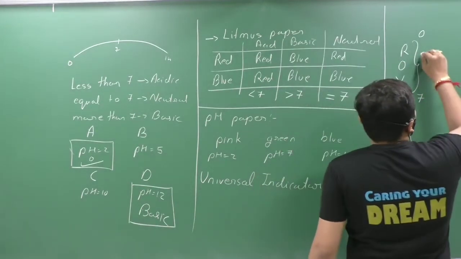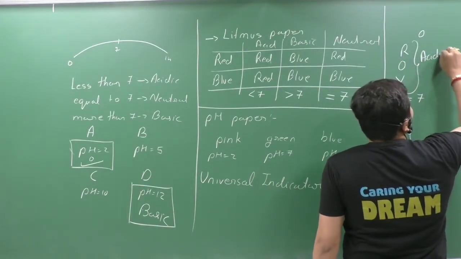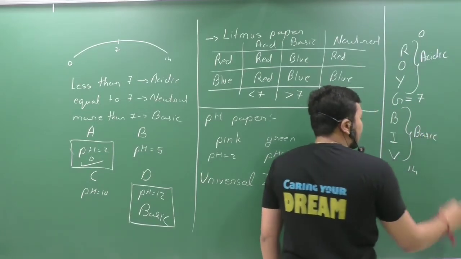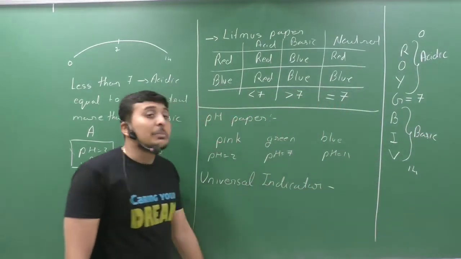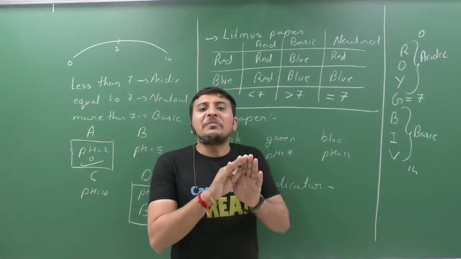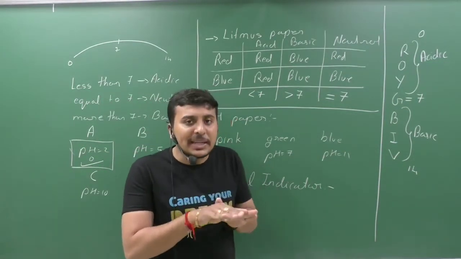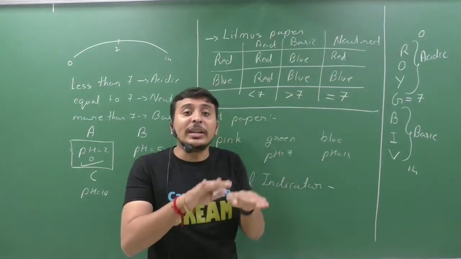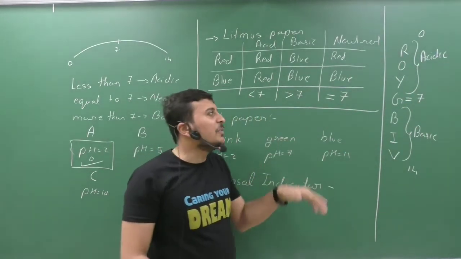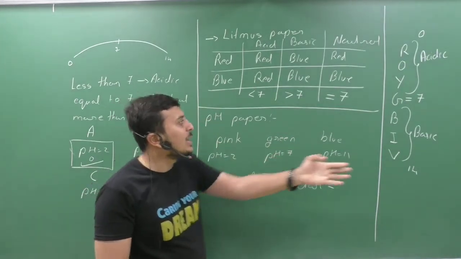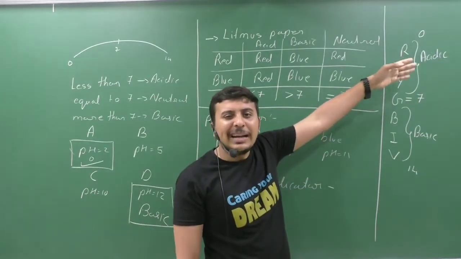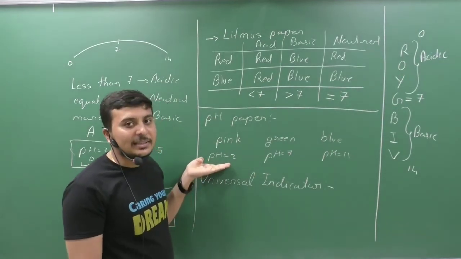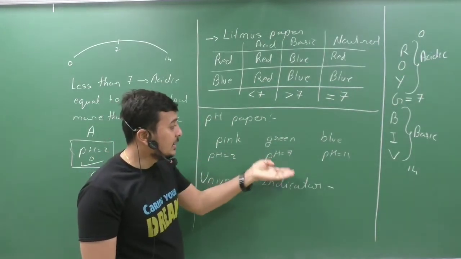Bright color indicates an acidic solution, and dark color indicates a basic solution. So there is no perfect way of measuring any pH, but there are bright colors and dark colors, so you can have an approximation. Say if it is pink, then pink can be around red, light red or something. So if it is pink, then the solution will obviously be acidic. Clear? Getting it? Yes or no?